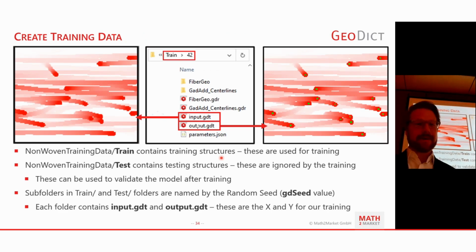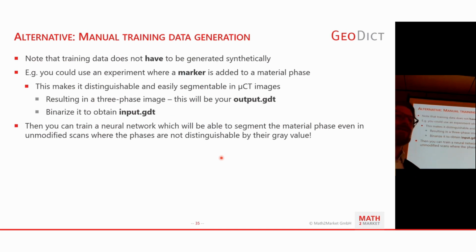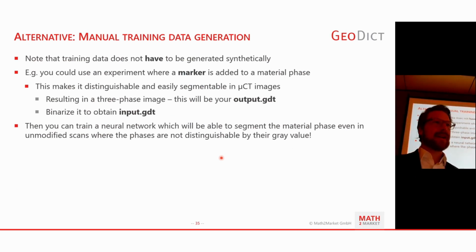basically construct a folder structure like this and use that as training data. Of course, if you can do that, that would be much better than the synthetic data, because it should ideally fit your actual material perfectly, if possible. So if you can come up with any way to do this for some sample structures, and maybe a handful of structures or samples would even be enough, that would probably be the very best option to go.